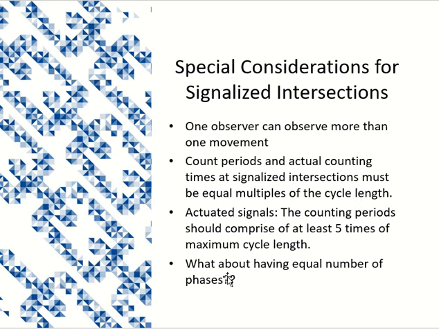Another thing which you have to keep in mind is the cycle length of the signal. What is the cycle length? The time taken from the start of one red to the start of the next red. This is called one cycle, and the time taken for that is called the cycle length. So on signalized intersections, you have to keep in mind that your counting period and the break period, I already told you that manual counting needs breaks as well, should be a multiple of the cycle length, or the cycle length should be a multiple of these periods. So if you have a cycle length of 2 minutes, you cannot make a counting period of 15 minutes.